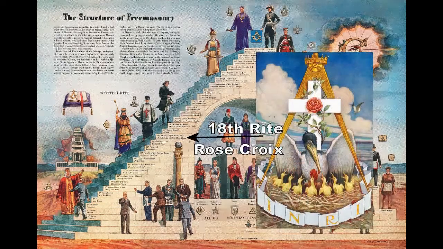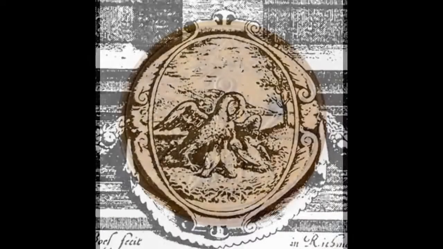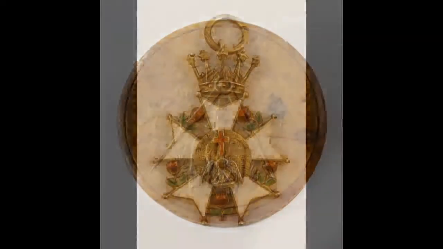So you'll see this cross with the rose, and Rosicrucians are separate, but the symbols are also used in Scottish Rite Freemasonry. This is from 1610, I believe. It's one of the older Rosicrucian pictures of, again, the pelican bleeding from her breast. I think this was a snuff box, but